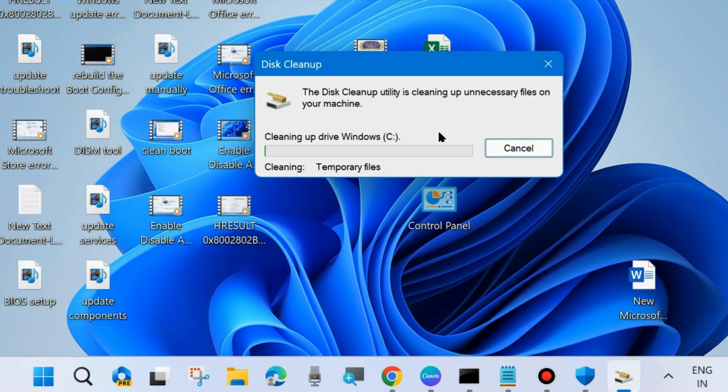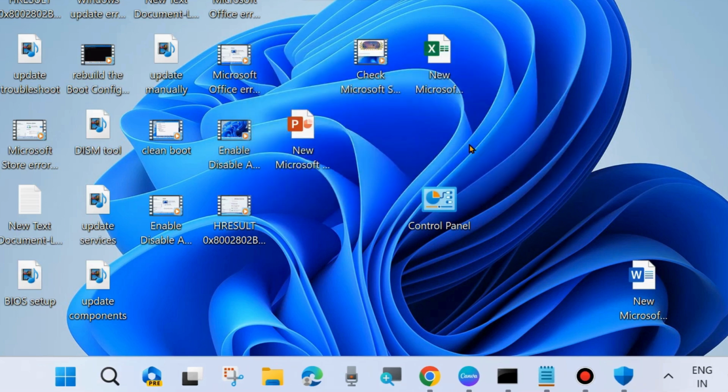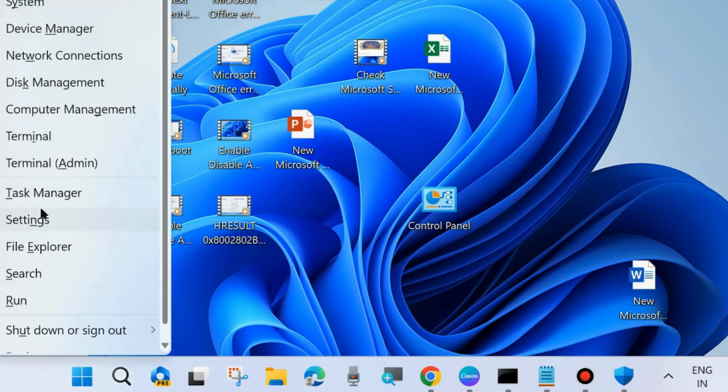Sometimes it may happen that your system does not have sufficient storage, then Windows update fails to install in your system. So disk cleanup is the first workaround, and the second one is right click on the start button and